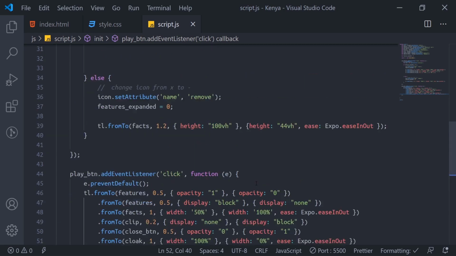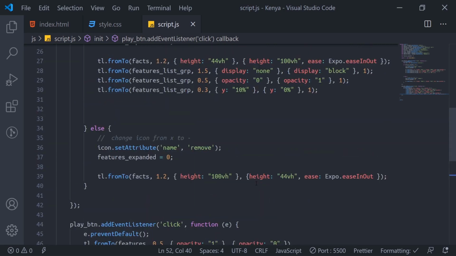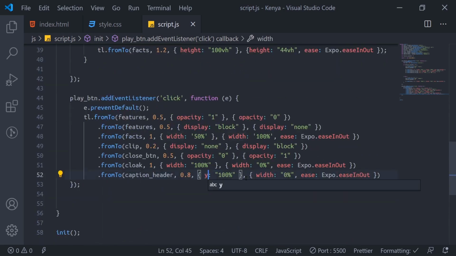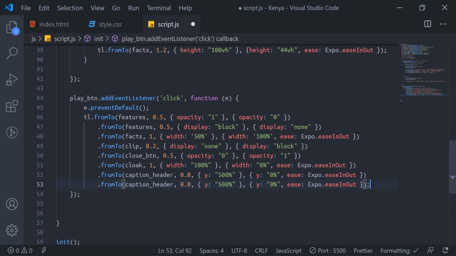We push them from the bottom. Copy. From 500, from down, they come to the initial place now, which is 0. Then the ease now will be this expo easing out. We'll do the same thing for the next one. Still 500, but the animation will delay a little, so that one will come in first before the other one will come in.